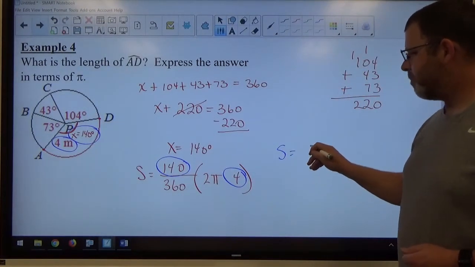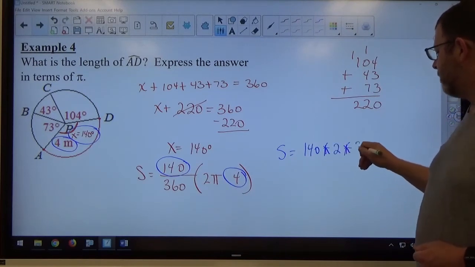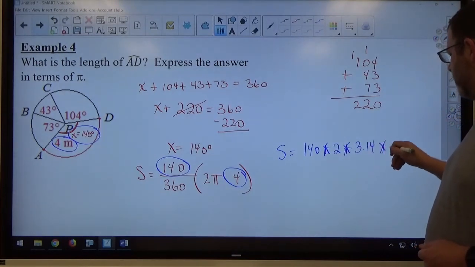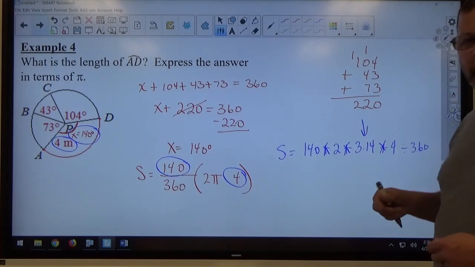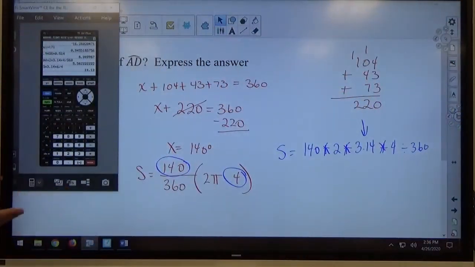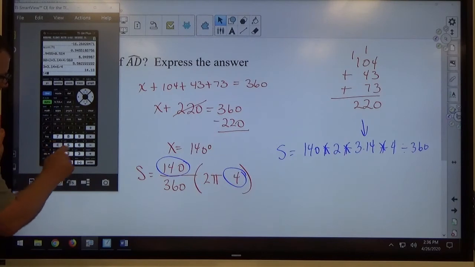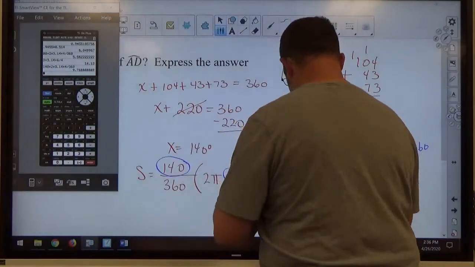I'm going to type in my calculator 140 times 2 times 3.14 times 4 divided by 360. Again, every time instead of pi, I don't use a pi button, I'm just typing in 3.14 to approximate pi, just for consistency amongst all our answers. Being able to do it is more important than the exact accuracy of the answer right now. So 140 times 2 times 3.14 times 4 divided by 360 comes out to a length of 9.76,